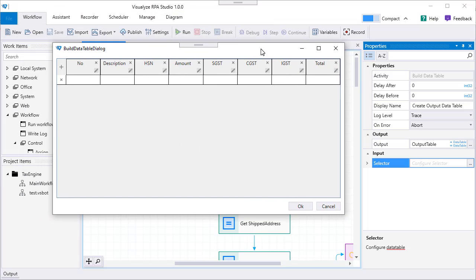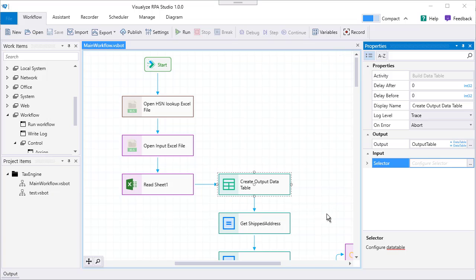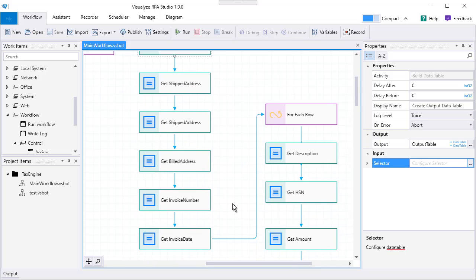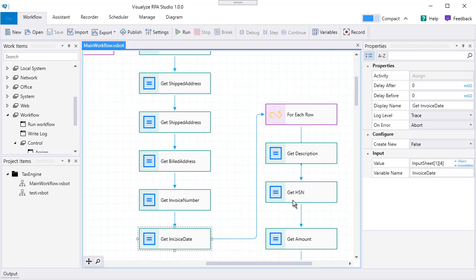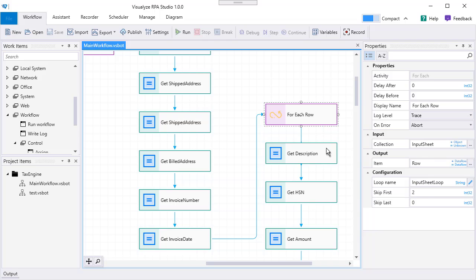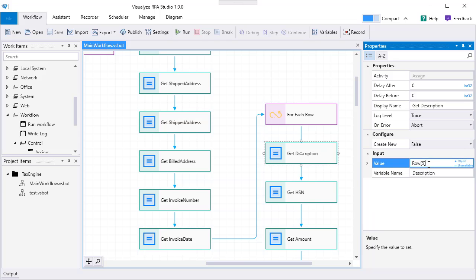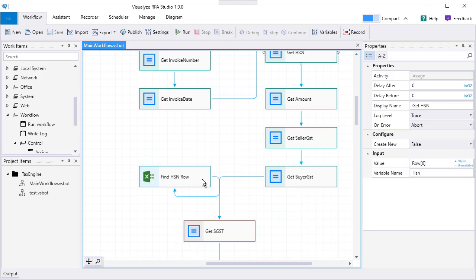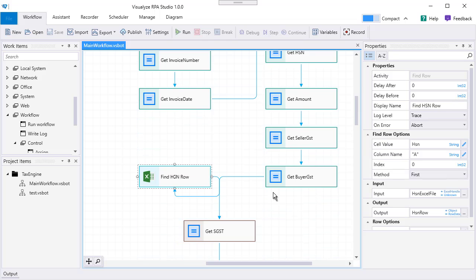You can create tables and add columns using this window. We will get addresses and invoice number and date from the first row of the sheet. Then we will start a loop and go through all other rows. After getting the HSN, amount, and GST information, we will use the Find Row activity to find a row with